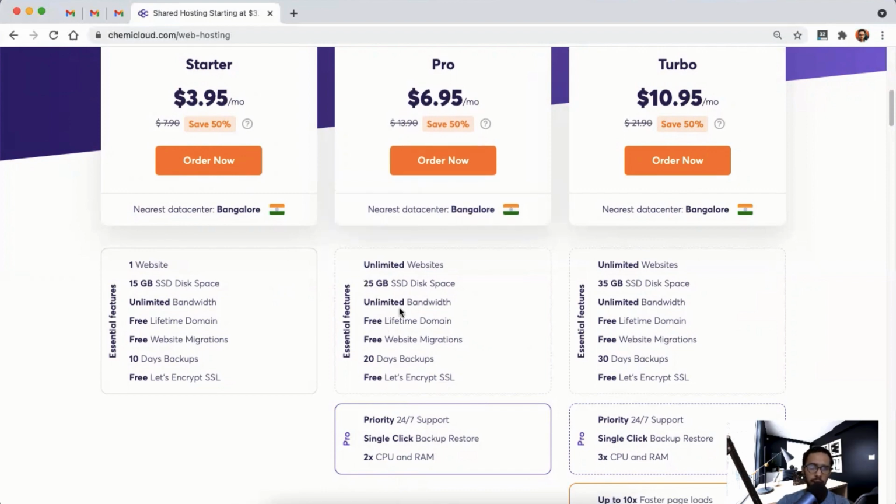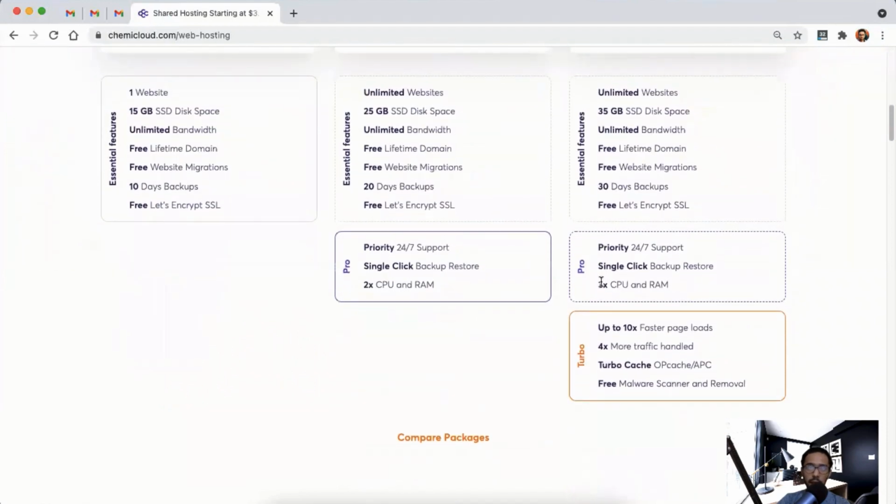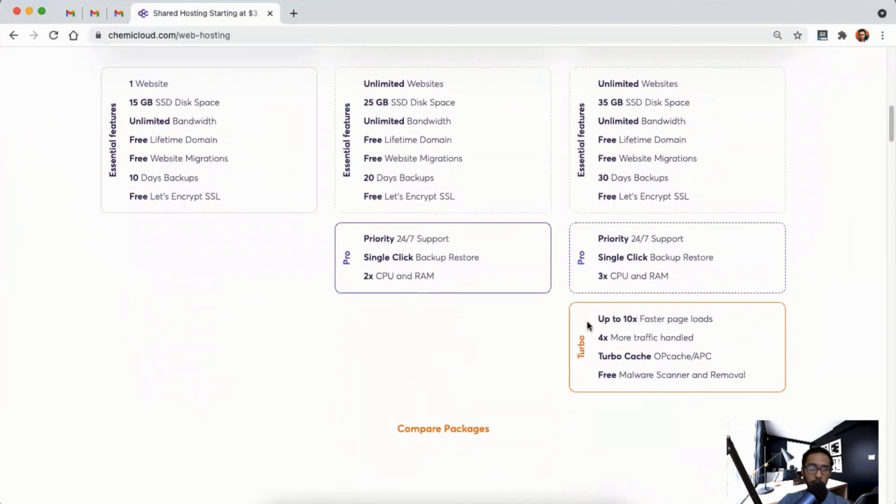What extra you get is priority 24/7 support and a single-click backup feature, along with 2x the CPU and RAM resources, which is enough for you to host a website that is fast enough to outrank your competitors.